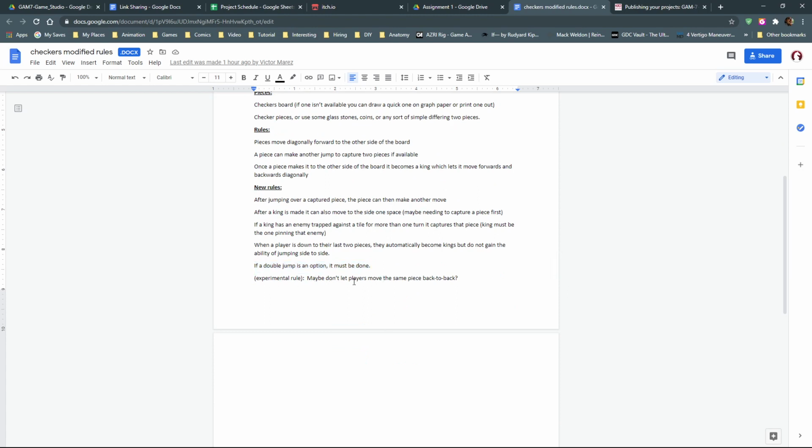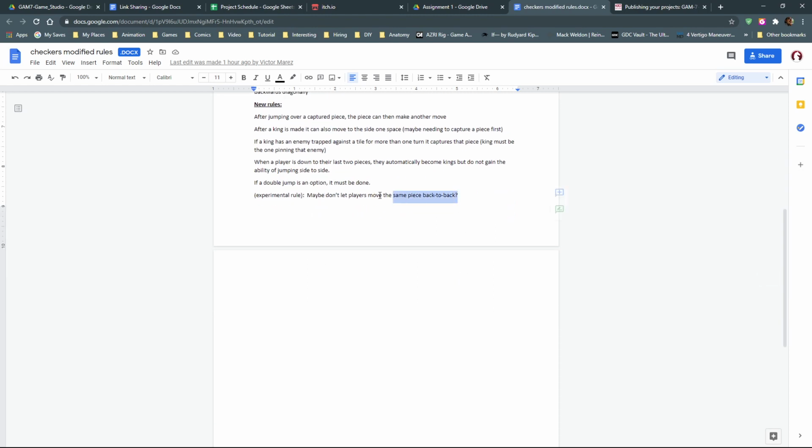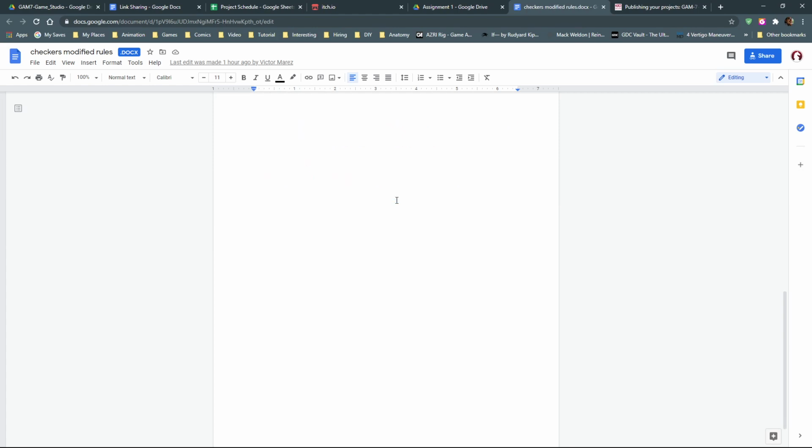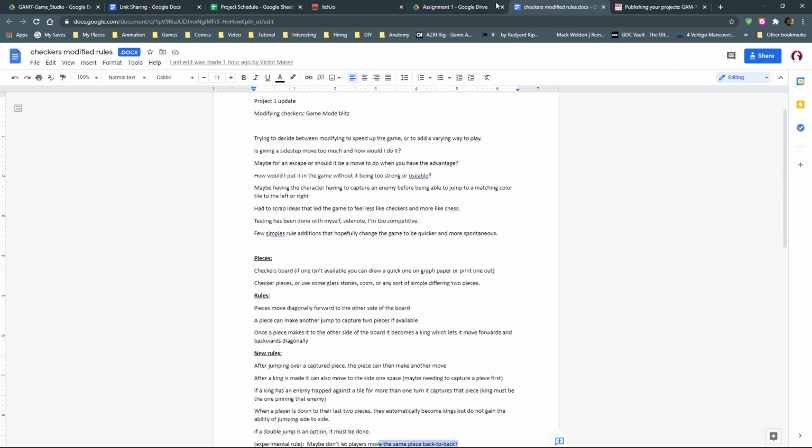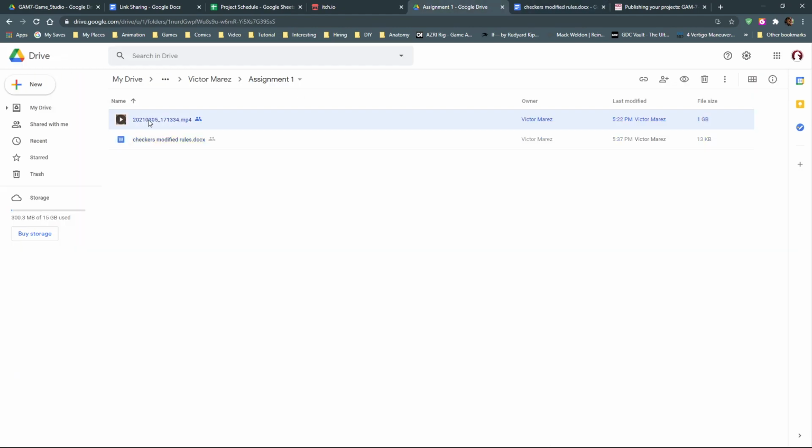Experimental rule, maybe don't let players move the same piece back to back. That would be hard to track as a board game. You could do it. You could take a penny and put it on top of the piece that you just moved, and on your next turn you have to move a different one, then transfer the penny over. So I guess that wouldn't be too hard to track. Okay, interesting thoughts. Let's see what the video